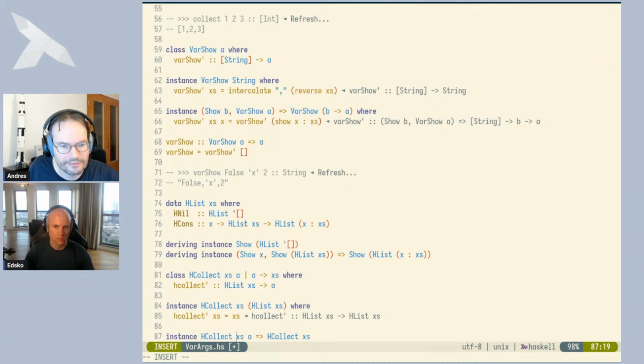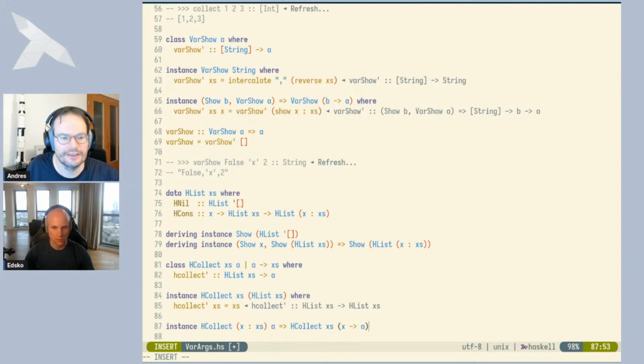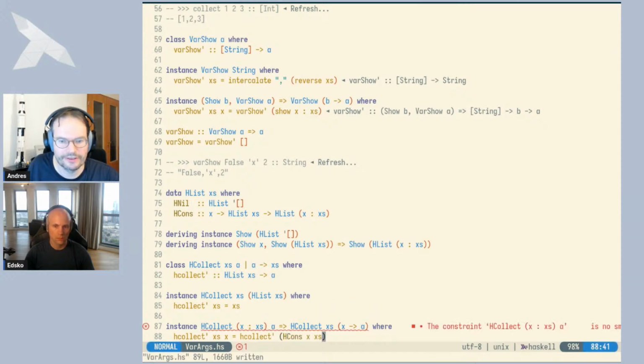I think I have to say: if we have an hcollect instance for x cons xs of type a, then we can get an hcollect instance for xs of type x to a, where hcollect of xs and x is hcollect prime, the recursive call